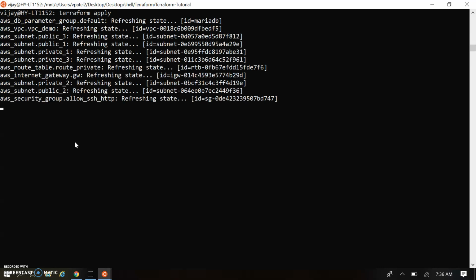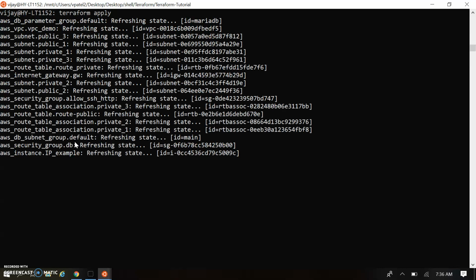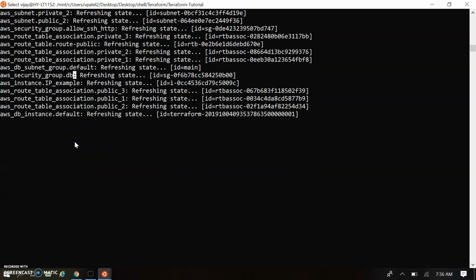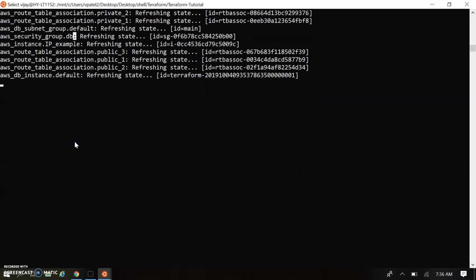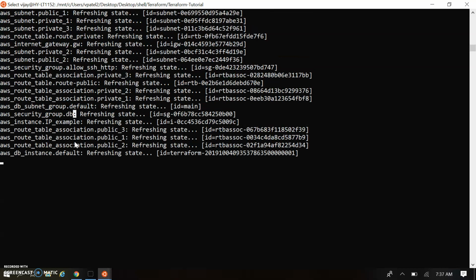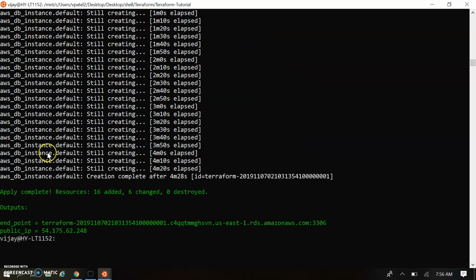It will create all the resources which we have defined in our script. Let's wait for a while till all the resources get created and the script completes. So our resources got created.